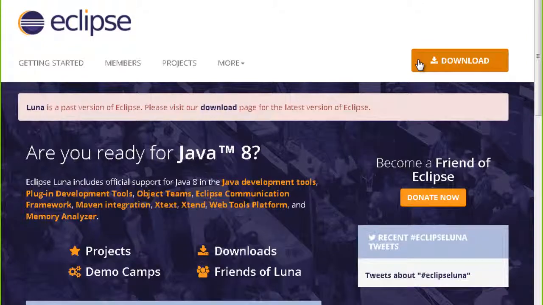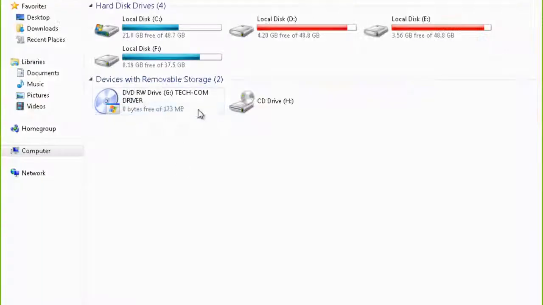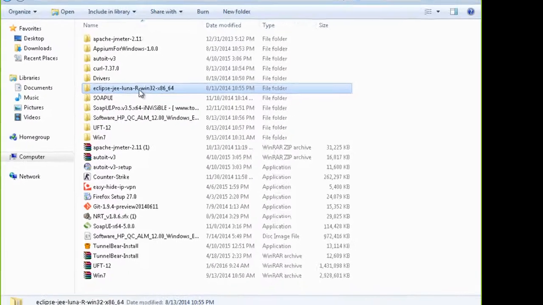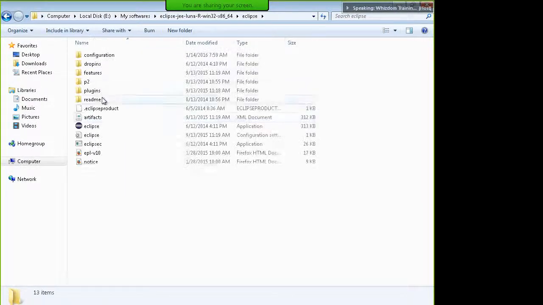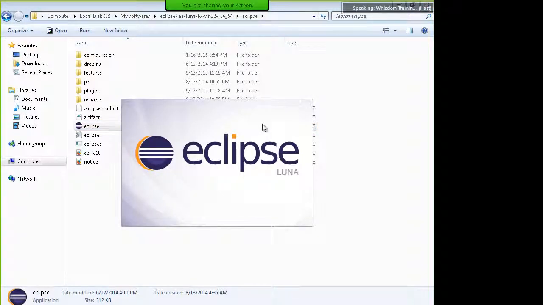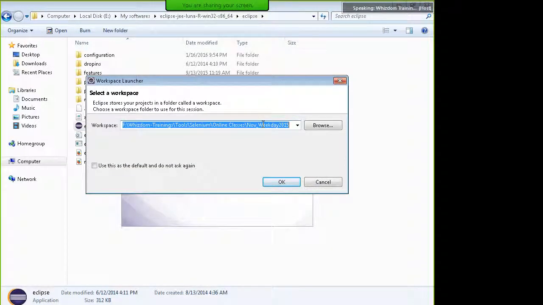It's just like any other software, but it doesn't install, it comes as a bundle. When you extract it, you will get a folder, and when you open it, you will find the eclipse.exe file, which you can simply open. The first thing you will get is the path to the workspace. You can set up the workspace. I can write Jan weekend 2016. This is the place where you will be storing all the code. This is your workspace for the current batch.